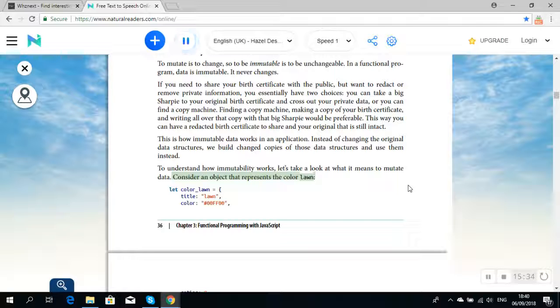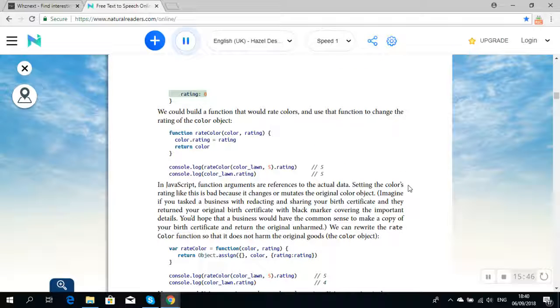Consider an object that represents the color lawn. Let color_lawn equals {title: "lawn", color: "#00FF00", rating: 0}. We could build a function that would rate colors, and use that function to change the rating of the color object. function rateColor(color, rating) { color.rating = rating; return color; } console.log(rateColor(color_lawn, 5).rating); // 5 console.log(color_lawn.rating); // 5